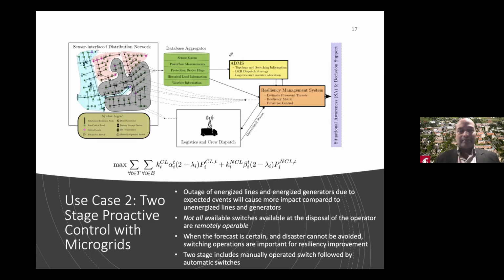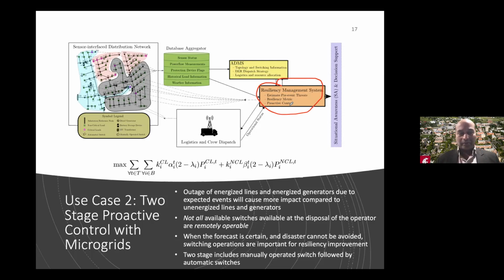And then we have ADMS in the control room, which has topology and switching information, some DR dispatch strategy, and some logistics and resource allocation. And then we have the R tool, which is the resiliency management system, RMS, that we have developed. And it uses first estimation of threat, which we need to know, and resiliency metric computation and metric-driven optimization